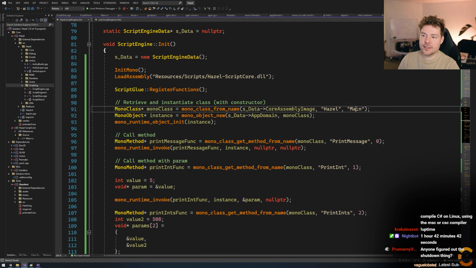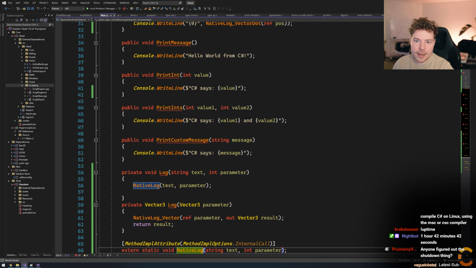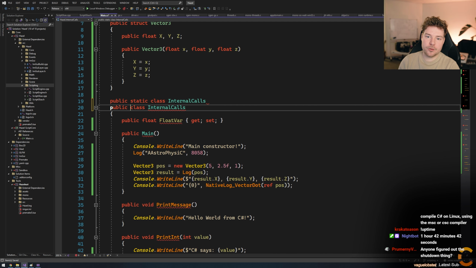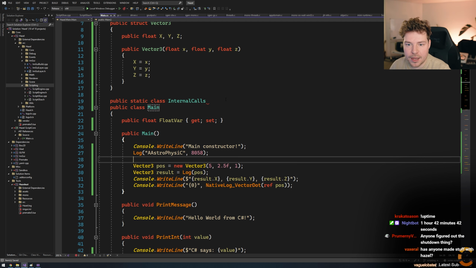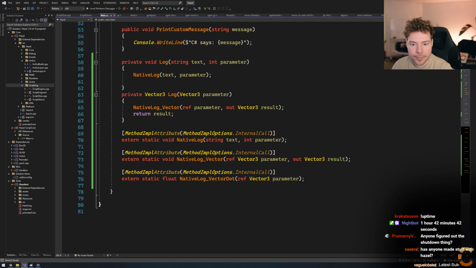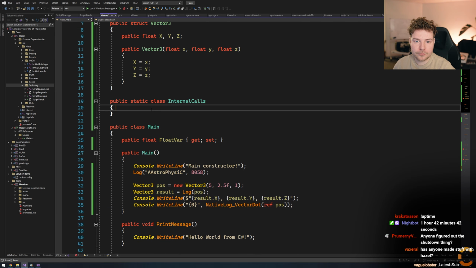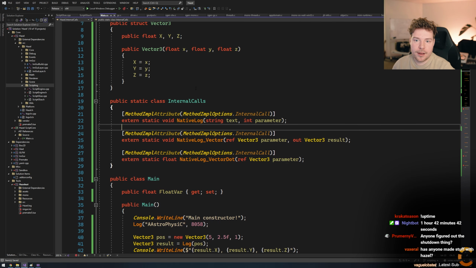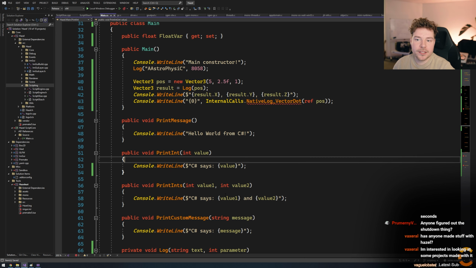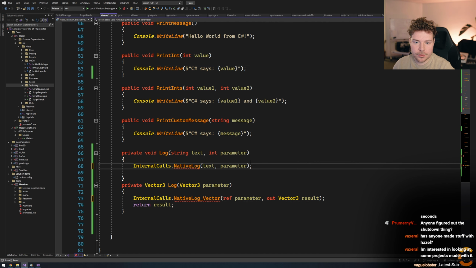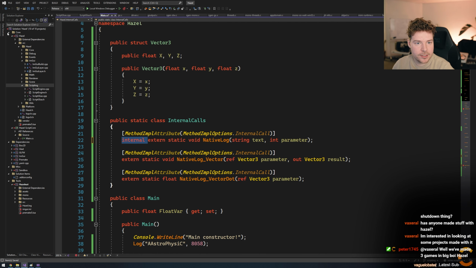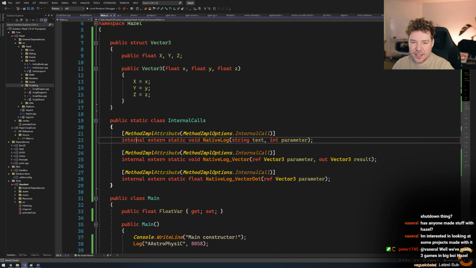Okay, so let's think about this, because this main at the moment, which I've renamed into internal calls. So let's do a couple things here. We'll make this just be main, because I still want it to be main. But the difference is the internal calls will go into a different class called internal calls. So this stuff goes into here. And then all this stuff that we want to call, we call like that. Otherwise it stays the same. We'll make sure these are public or internal, doesn't really matter. Internal just means internal to this assembly, which I guess is okay.